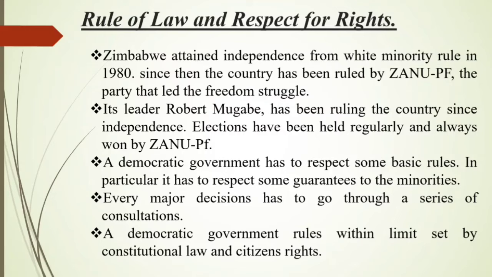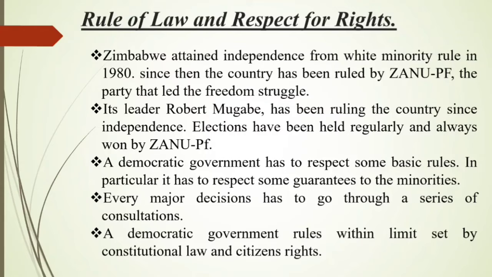But here we saw the constitution was amended several times by President Robert Mugabe and his government in favor of them, to support them. So this kind of country and this kind of government cannot be called a democratic government. So finally, Robert Mugabe was forced out of office in 2017. From the 1980s to 2017, around 37 years, Zimbabwe was ruled by Robert Mugabe and under the leadership of Robert Mugabe. And finally, in 2017, Robert Mugabe was forced out of his office.